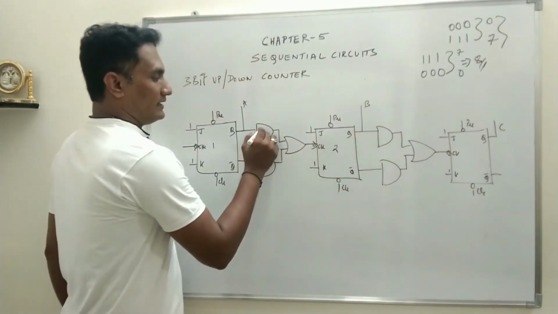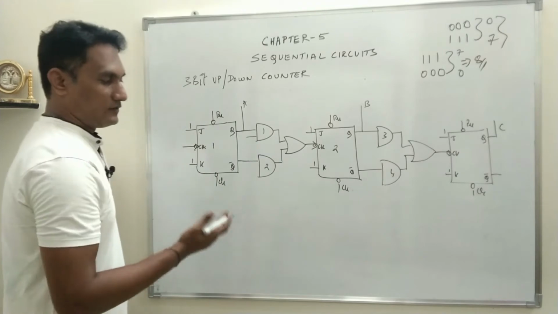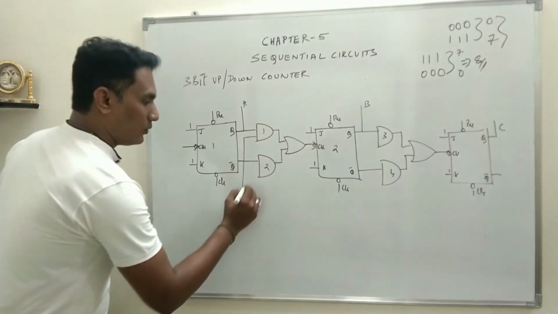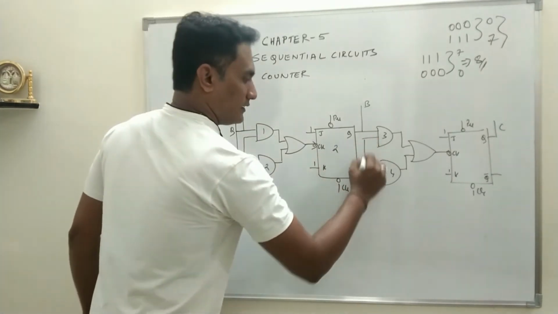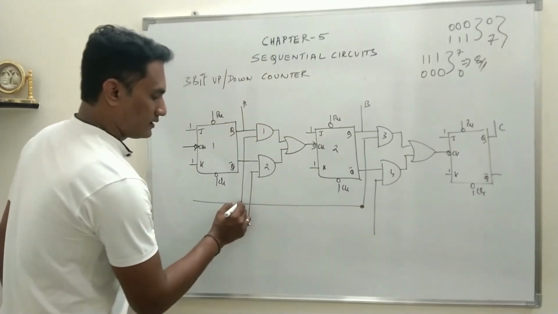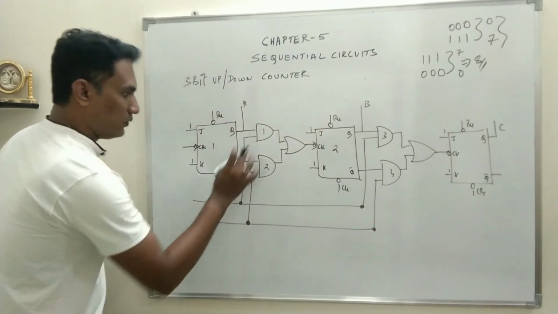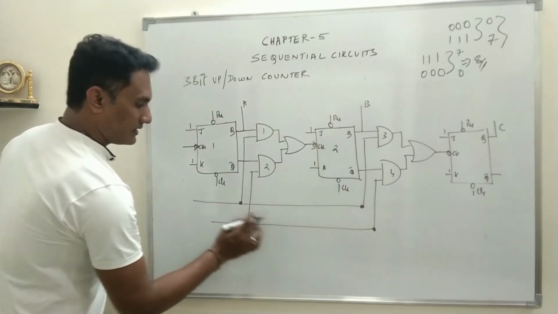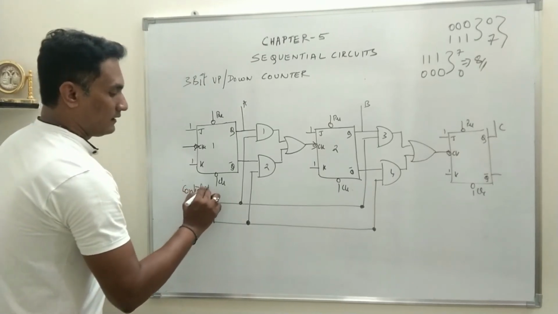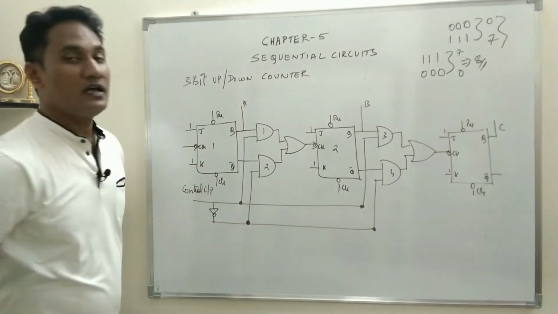Let us name the AND gates as 1, 2, 3, 4. Now see the controlling factor which has to be done. Either 1 and 3 are activated or it should be 2 and 4. So see the construction part. Connect 1 and 3 together. Connect 2 and 4 together, and between the upper line and the lower line, we connect a NOT gate, and we call this the control input, which will decide whether the circuit will work as an up counter or a down counter.